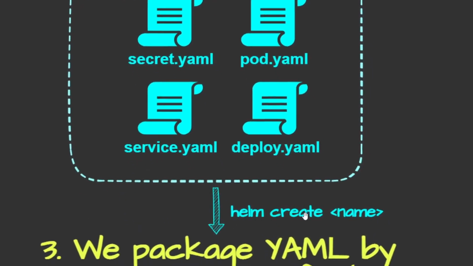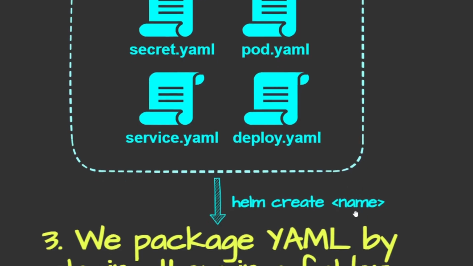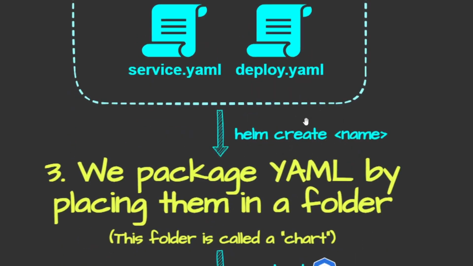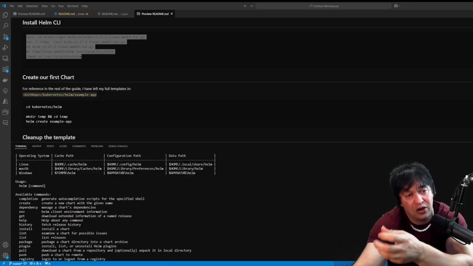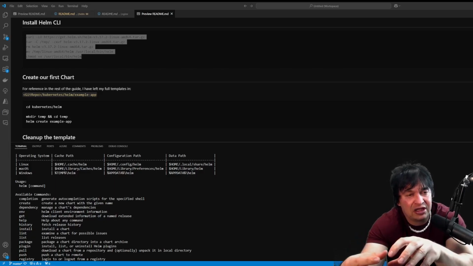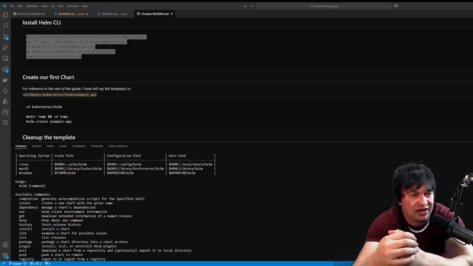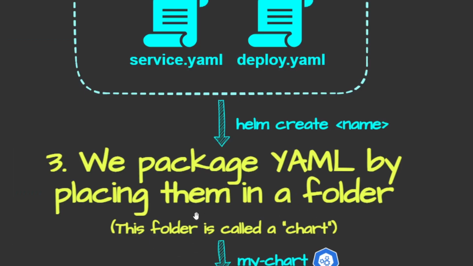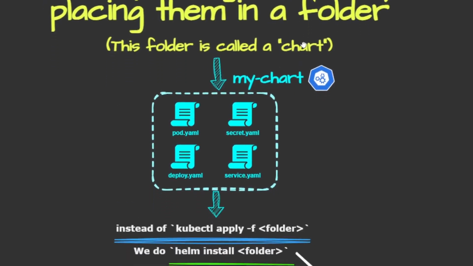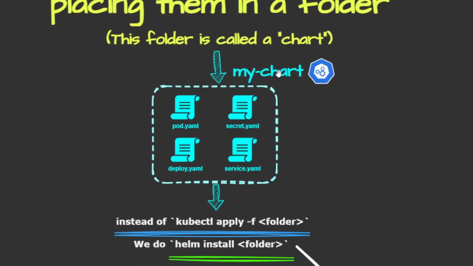We say helm create, and then we give it a name. So we create something that Helm calls a chart. And basically what this does, there's no real magic behind it. It simply packages the YAML by placing them in a folder. And this specialized folder is called a chart. So once we run the helm create command, we give it a name of what we want to call our chart, and then it will create a folder with a few metadata files inside. And this folder is basically called our chart. So the chart is just a fancy name in Helm for a folder. And when we take a look at that, it's just a folder called my chart,